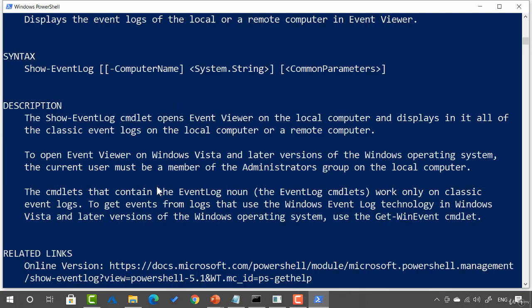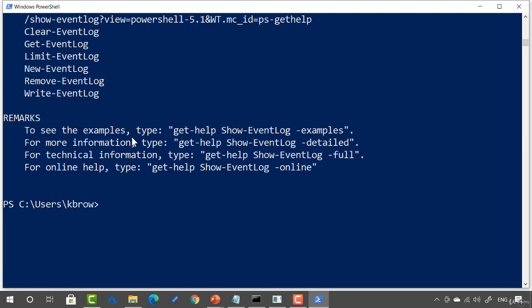That displays the logs. I don't want to see the logs. I want to see the events. So Get-EventLog sounds like the one that we actually want. Notice under the remarks here, it gives us syntax. So if you want to see examples, more information, technical information online, it gives us the -Examples, -Detailed, -Full,